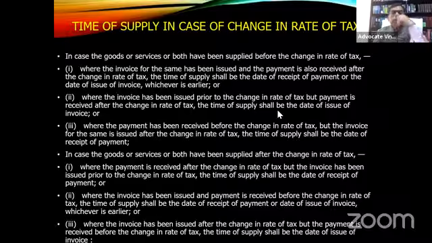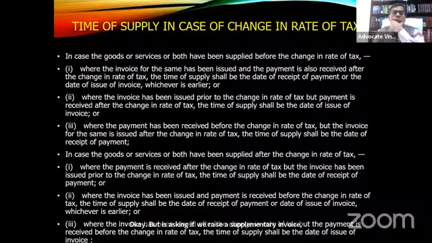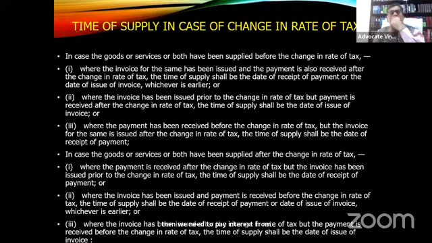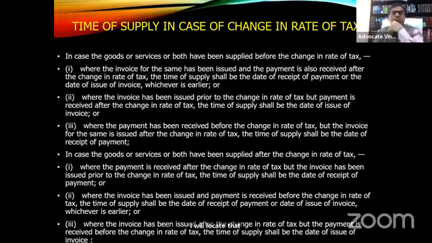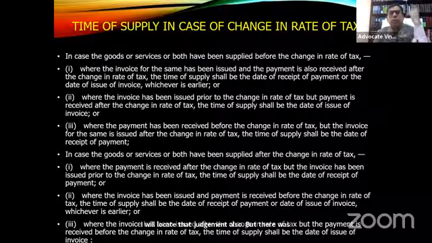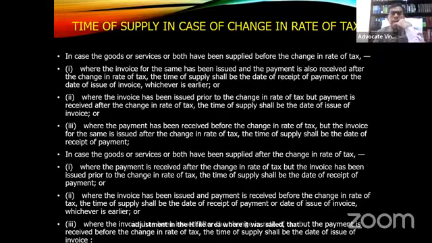Okay, Mr. Yasani Bandaru is asking, if we raise a supplementary invoice, then do we need to pay interest from the original invoice to the date of the supplementary invoice? In my opinion, yes, as far as I remember. I will locate that judgment also. But there was a judgment in the erstwhile era wherein it was held that the date of the original supply will be considered to be the date of supply, and interest will have to be paid.